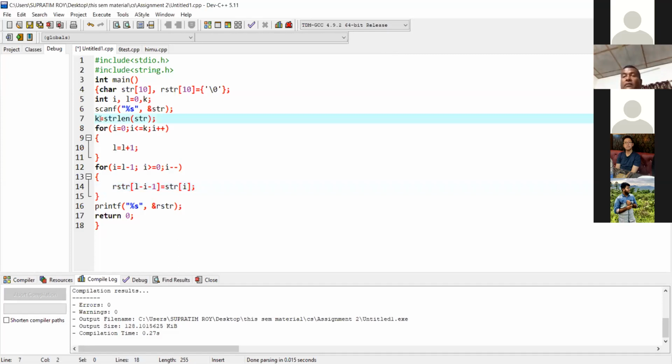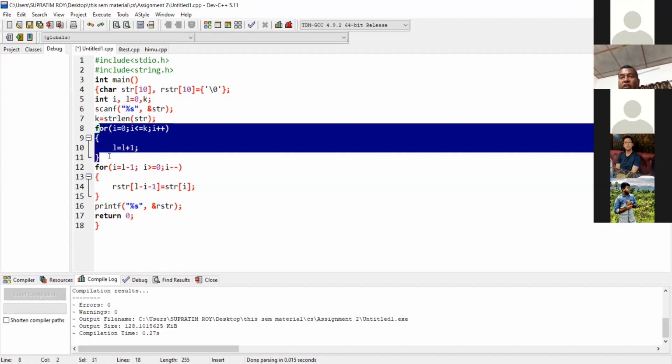Sir, length. K is for what purpose? Length, sir. Same. So you're using strlen.